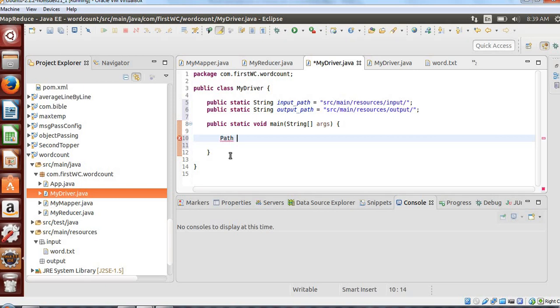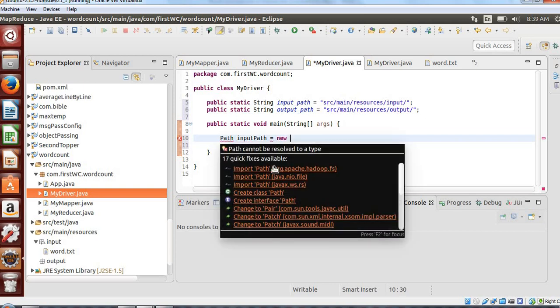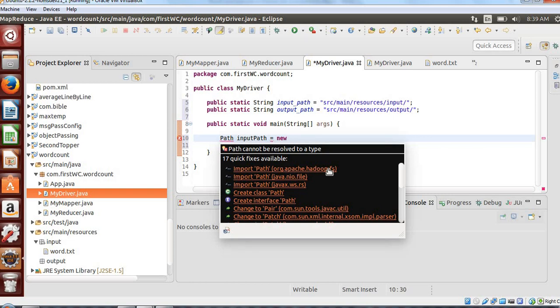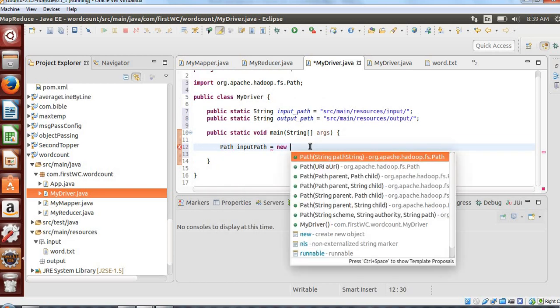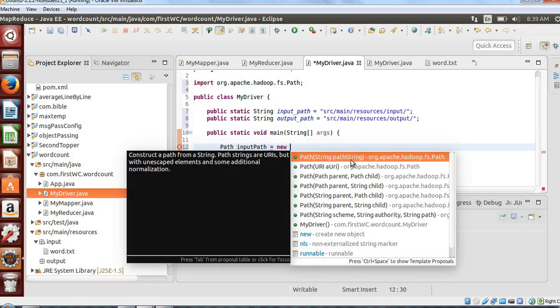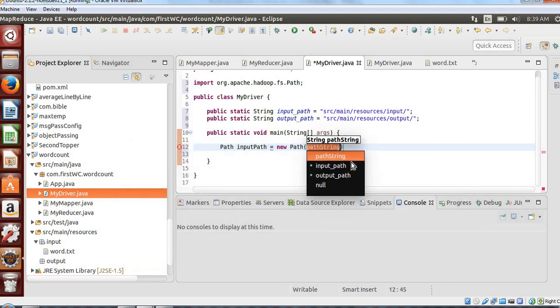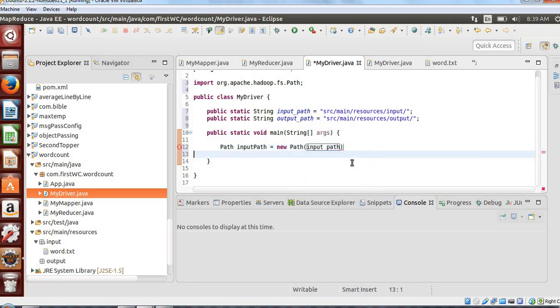I'll say Path inputPath is equal to new Path, let me import this class first, from Apache Hadoop FS. It's asking me for the string of the path. String is nothing but your input path. Done. Now in the same way, I'll create the output path.